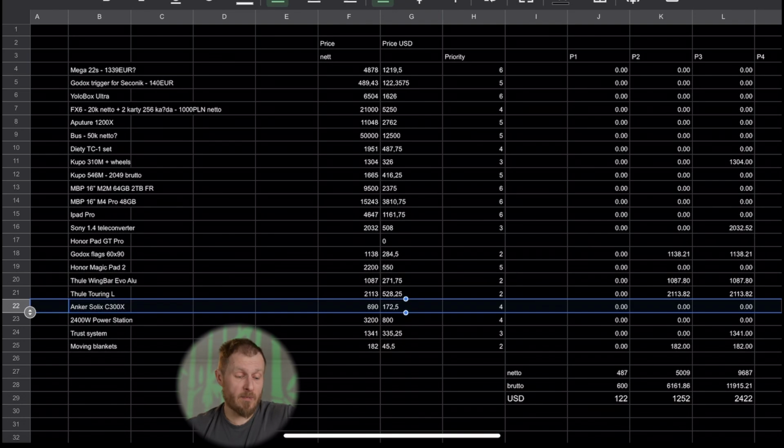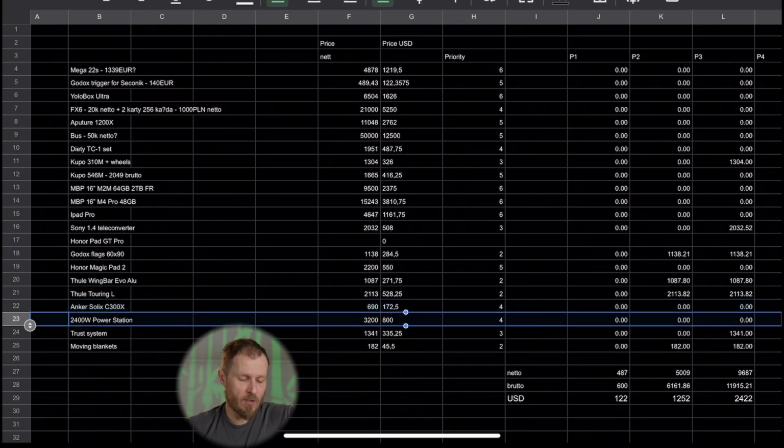It's quite big, it's much bigger than this one, but if I need this one, if it would pay for itself after a few shoots, then I will buy it. And another power station, 2400 watt power station. It would be nice to have,